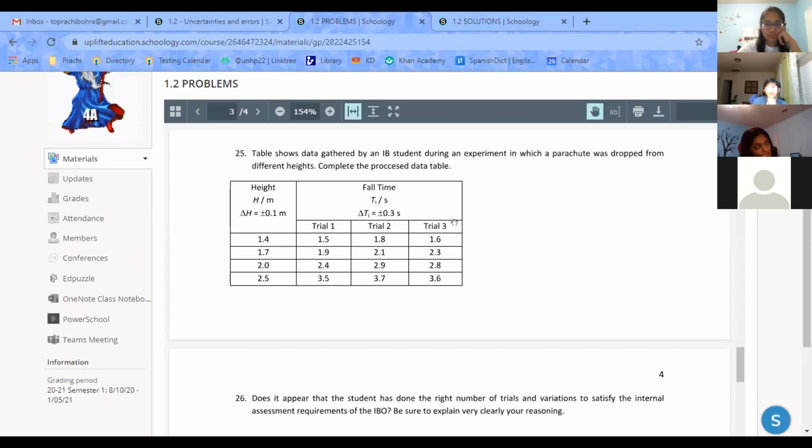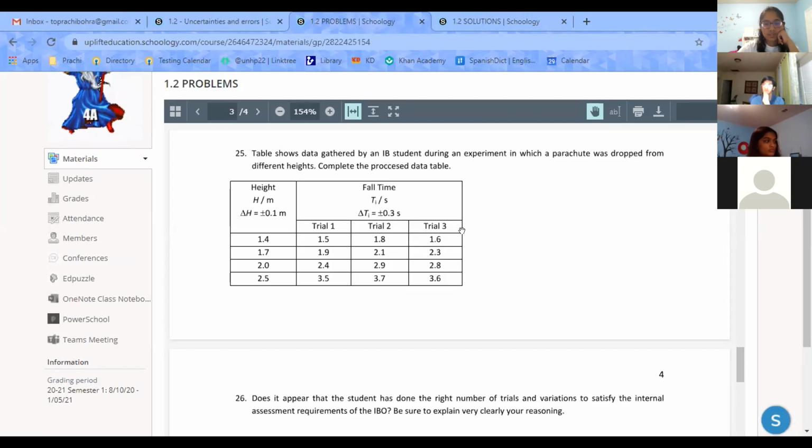That's why I got a little confused, because when you have multiple trials, do you take the average and that's it? Or do you take the range over 2 and then add it back like you were saying? There are so many, I'm not sure when to do what. I think that's... I don't know.